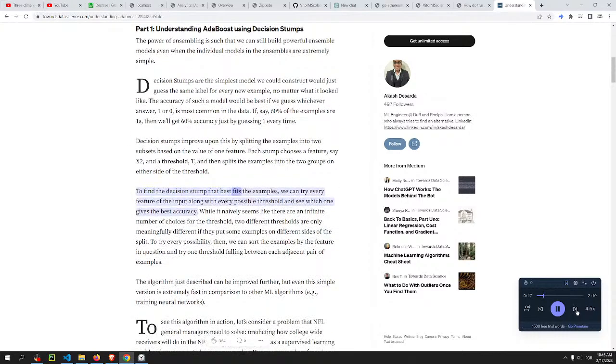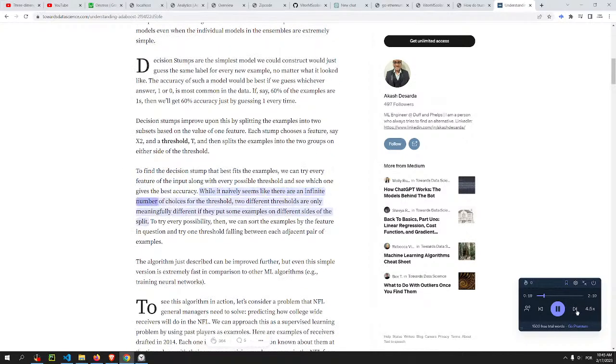To find the decision stump that best fits the examples, we can try every feature of the input along with every possible threshold and see which one gives the best accuracy. While it naively seems like there are an infinite number of choices for the threshold, 2 different thresholds are only meaningfully different if they put some examples on different sides of the split. To try every